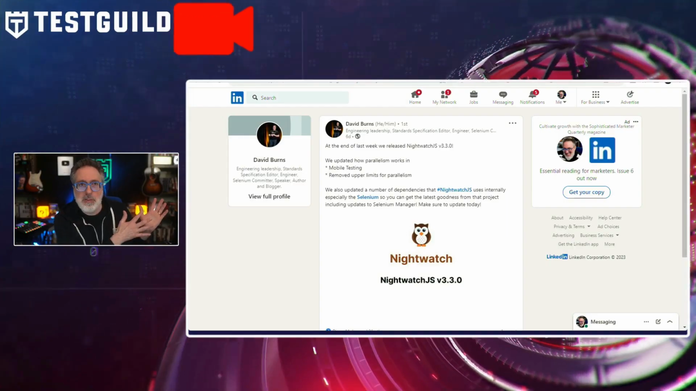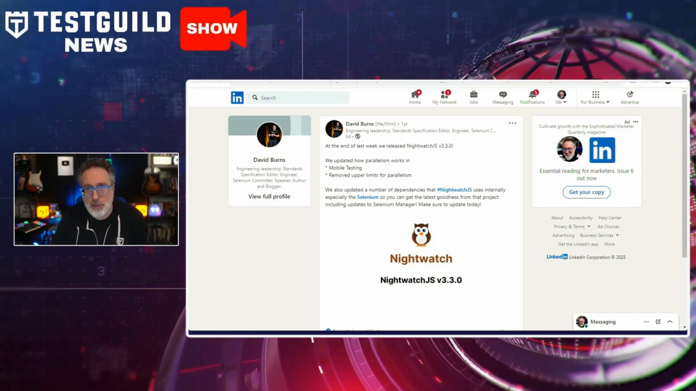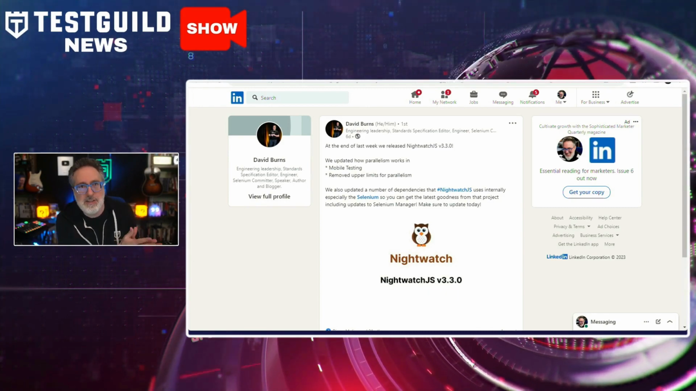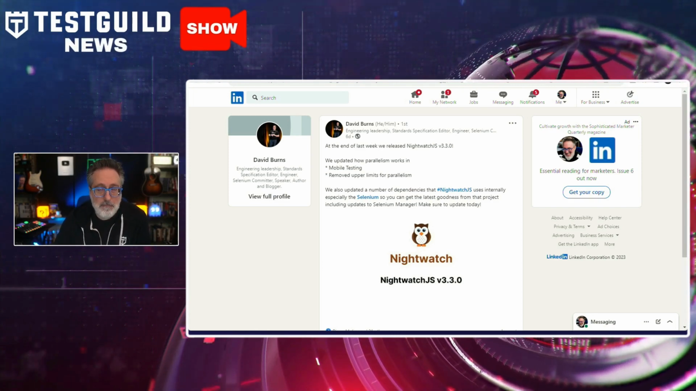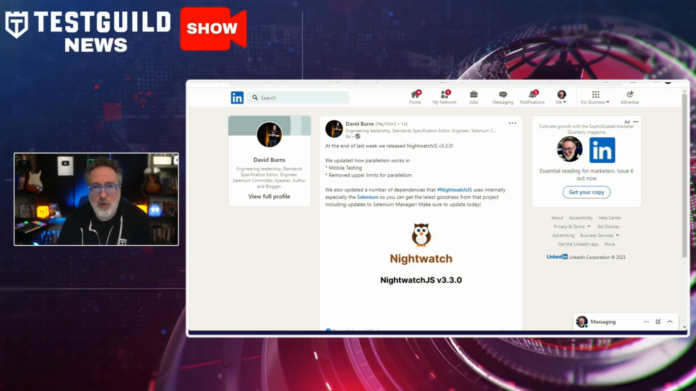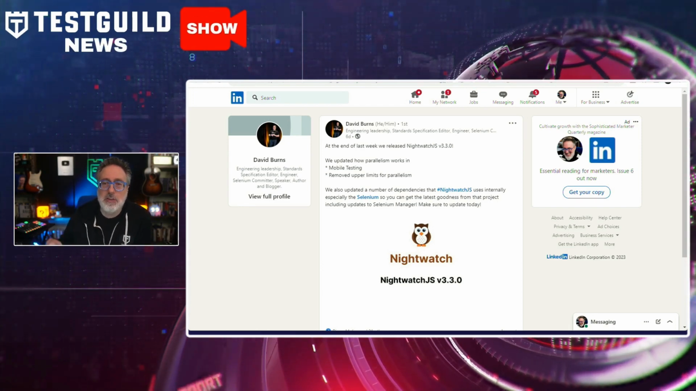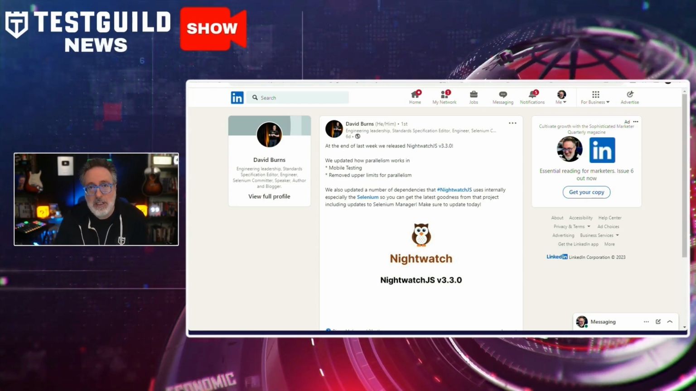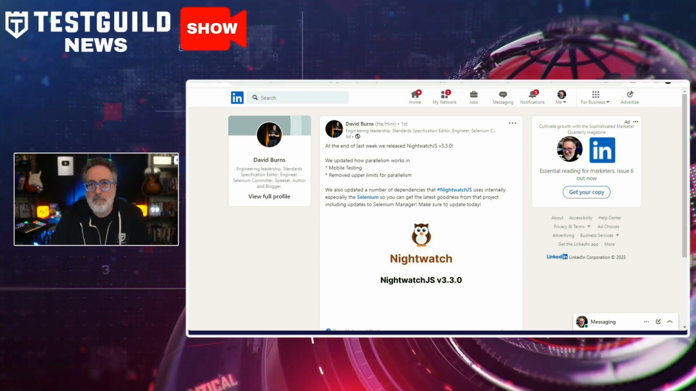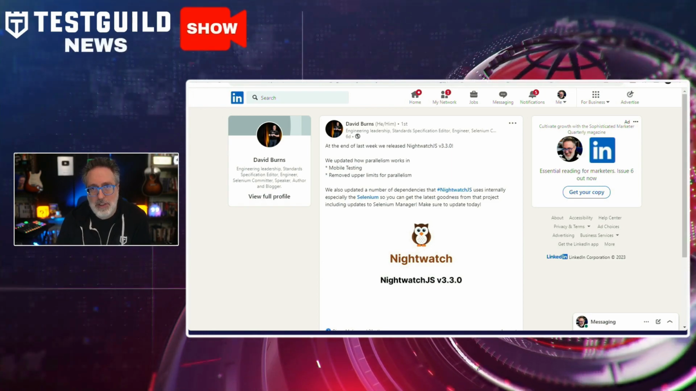First up is an article about NightwatchJS, and this was posted by David Burns. And he talked about how NightwatchJS version 3.30 was released last week. The update includes how parallelism works in mobile testing, and it also helps remove upper limits for parallelism. This also updates a number of dependencies that NightwatchJS uses internally, especially Selenium, so you can get the latest goodness from this project, including updates to Selenium Manager. So if you're using NightwatchJS, it's highly recommended that you update to the latest version and get it as soon